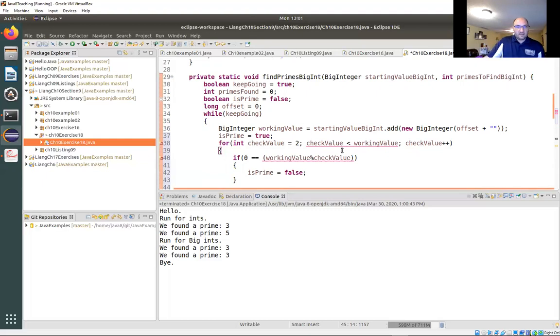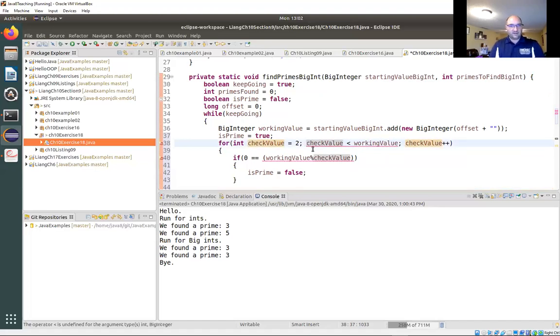Check value. The problem is working value is probably going to be a big integer. And so check value, what we're going to have to do here so that we can do a comparison is something like working value dot